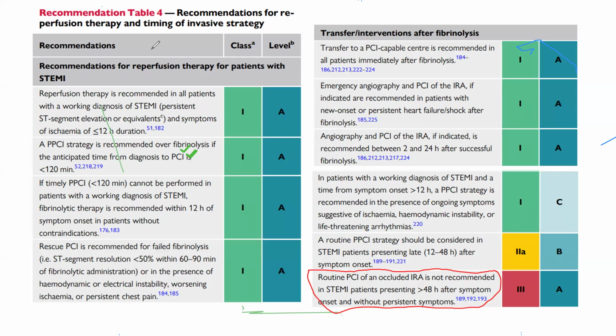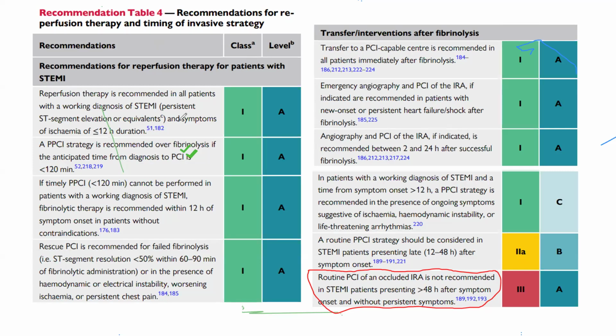So we are giving an example that the LAD is occluded, maybe the mid LAD, but you are now seeing collateral flow from the circumflex to that occluded LAD. So you have the opportunity of looking at that circumflex to see whether there is critical stenosis. If there is a critical stenosis in that circumflex, you have to revascularize it. Why? Because in a month's time, 2 months' time, if that circumflex gets blocked, the LAD that was receiving collaterals will lose that collateral. The circumflex is now blocked, and the patient is likely going to die. You get what I mean, sir?